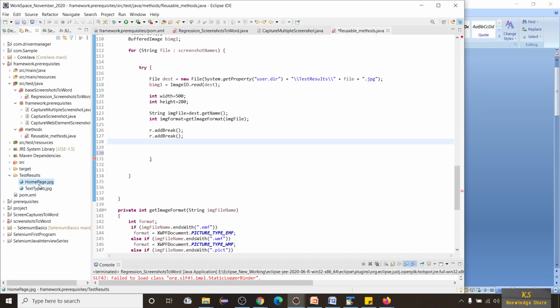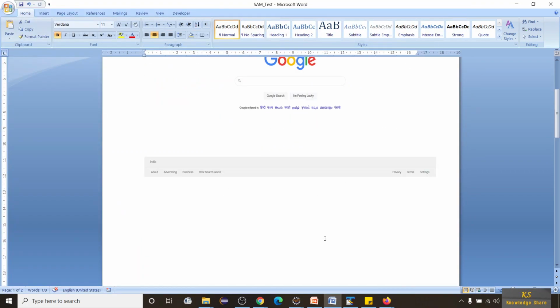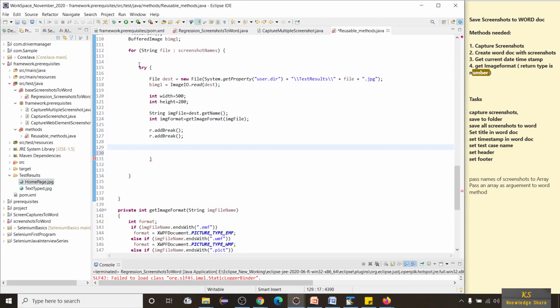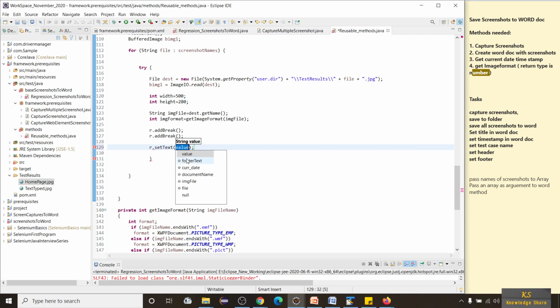So I'm going to put home page, and then give this image, and then give the text type and place that image. For that, for each iteration of the for loop, I'm going to put r dot setText of file name, right? That means I'm going to give the file that we are getting.